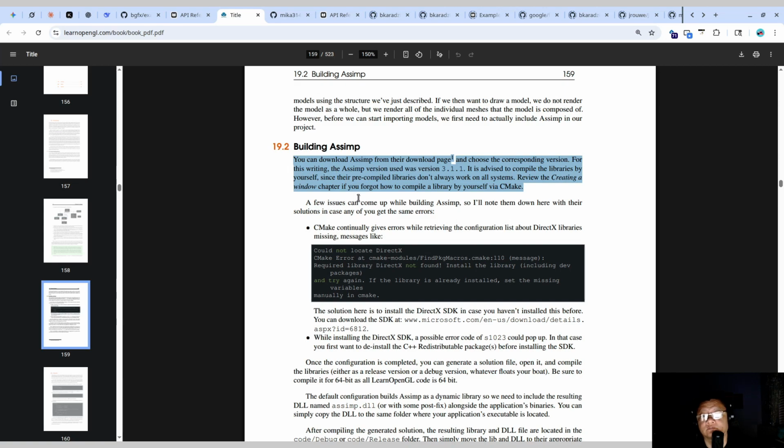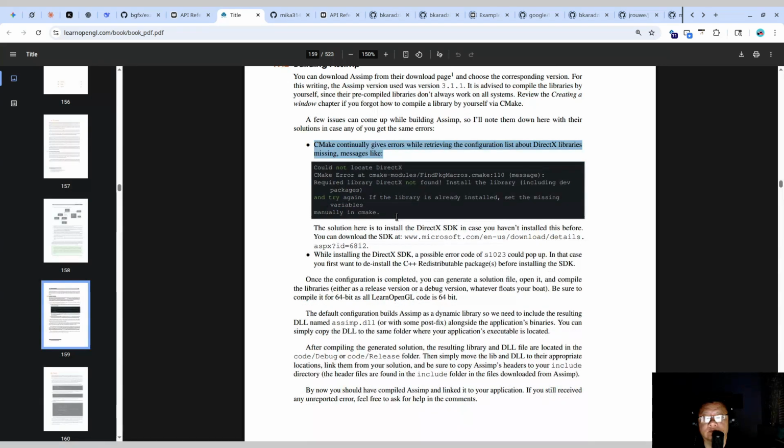You can download assimp from their download page and choose the corresponding version. For this writing, the assimp version used was version 3.1.1. It is advised to compile the libraries by yourself, since their precompiled libraries don't always work on all systems. Review the Creating a Window chapter if you forgot how to compile a library by yourself via CMake. A few issues can come up while building assimp, so I'll note them down here with their solutions in case any of you get the same errors. CMake continually gives errors while retrieving the configuration list about DirectX libraries missing, messages like